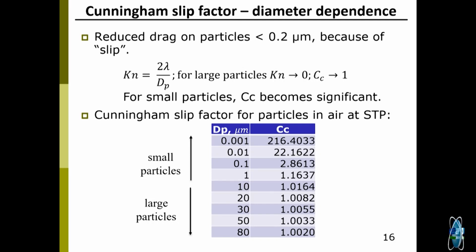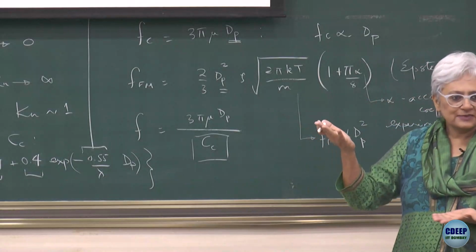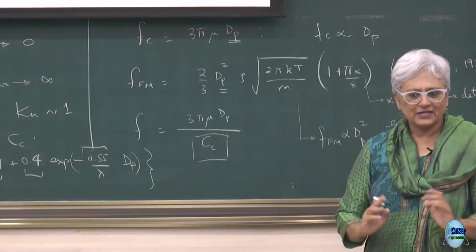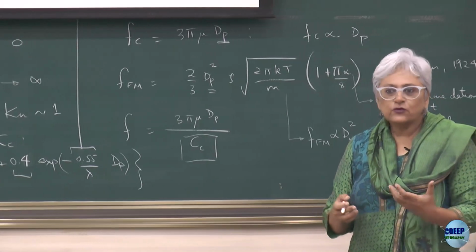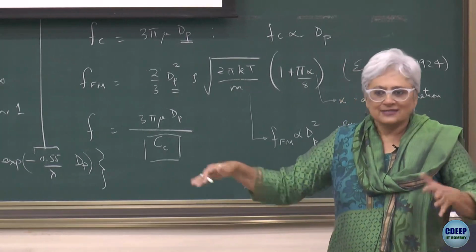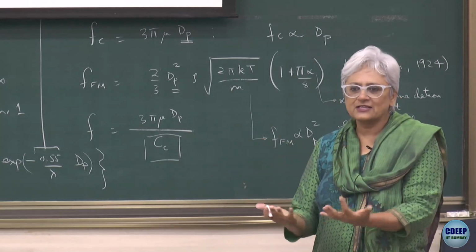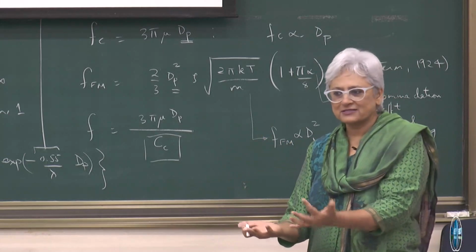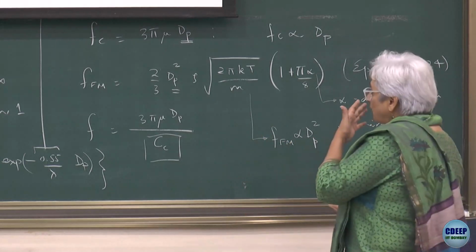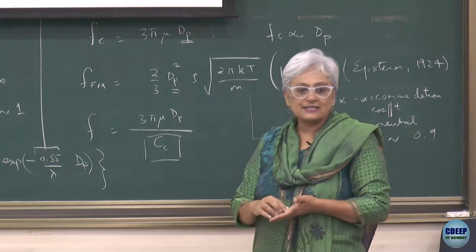So, what is really happening is that, remember, the slip factor is in the denominator of the drag coefficient. So, the larger the value of the slip factor, the smaller is the value of the friction coefficient, and therefore, the entire drag force is becoming smaller and smaller. So, the particle is slipping in a sense that you do not have so many molecules close to the particle surface that are really able to hold the particle, and you then see that